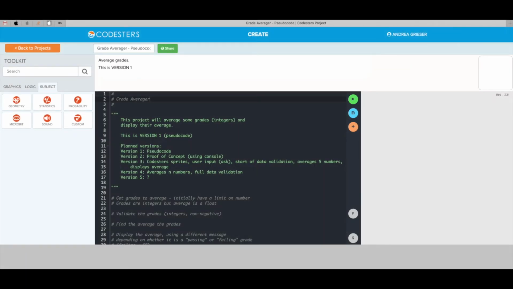The purpose of this video is to discuss a method for designing and developing code, and it's intended for new coders who maybe have a little bit of experience, but not a lot. Basically, it's for my students who have a lot of experience working with Scratch, but are just beginning to work with text-based language. And we're using Codesters, which is a very nice little environment that teaches you how to